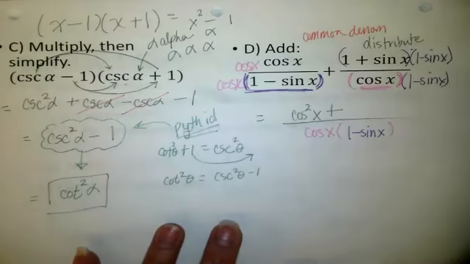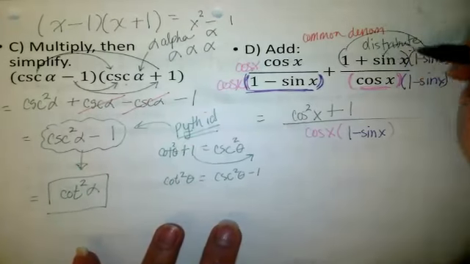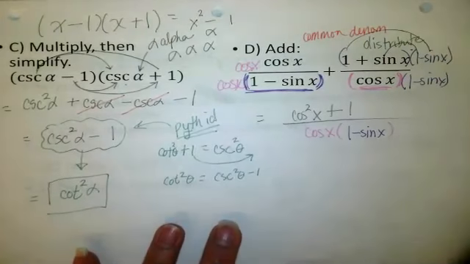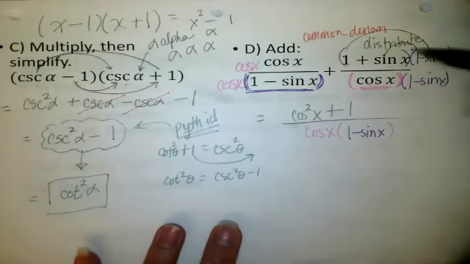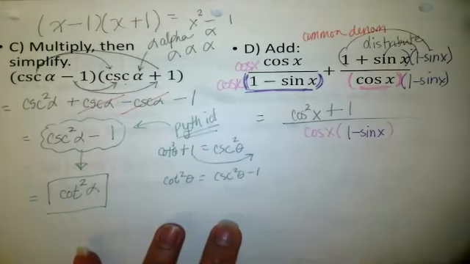1 times 1 is 1. The outside is negative sine of x. The inside is positive sine of x. They cancel out. Are they always going to cancel out? If they're the sum and difference pattern, they are. But if they were both plus, they would not cancel out. So be careful, okay? Last times last is